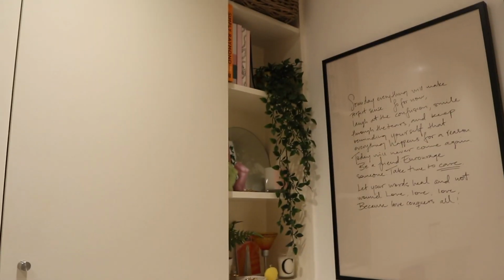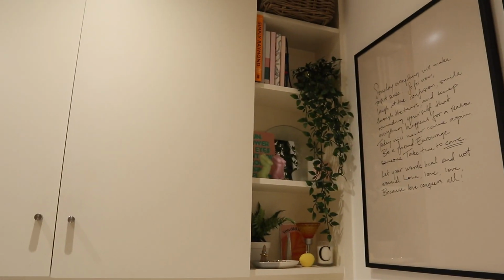And then over here we have 4 little nooks again for putting cute bitsies in. This is one of the bits that I was most excited to start decorating when I moved into this room. So I will start from the top. I'm gonna have to actually stand on the bed for this. I put a basket up on this one basically because, as I've probably mentioned, there's very little storage in here and I kind of just wanted to